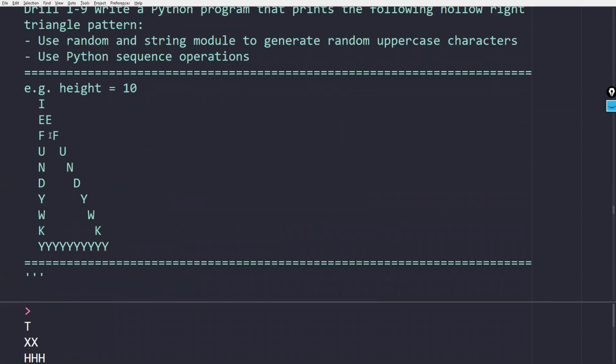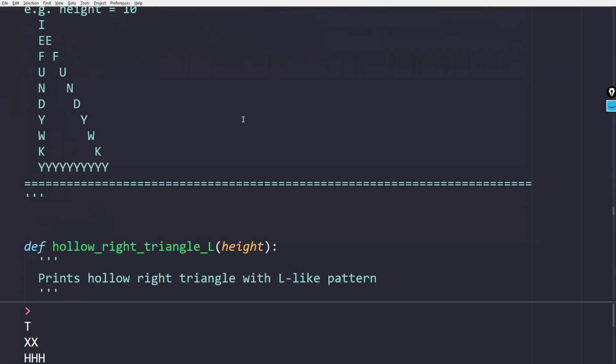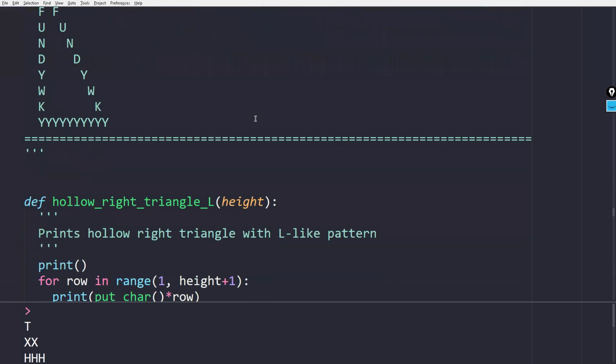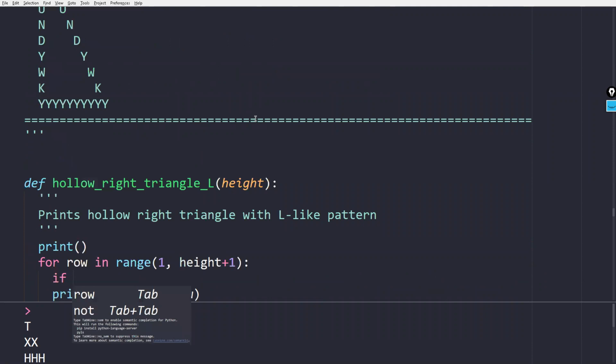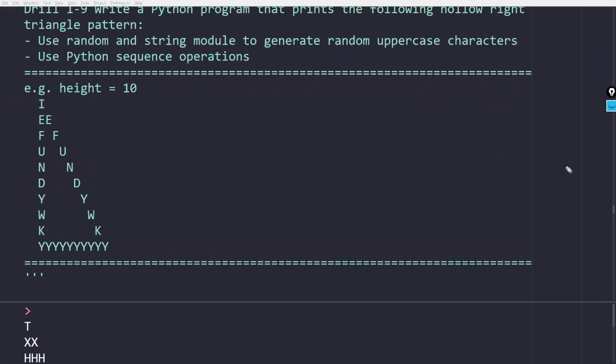So to make this hollow, we could use a simple if else here. So if this one has height 0, height 1, and height 2, you could say when row is greater than 1